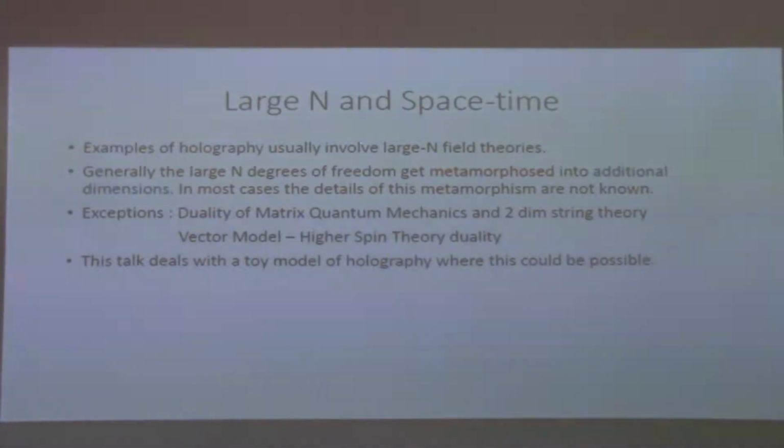There are some exceptions, and notable exceptions are the duality of matrix quantum mechanics and two-dimensional string theory. It's a very old subject, perhaps one of the earliest examples of this kind of duality. And a little more recently, vector models, which are much closer to the kind of things I'll be talking about in the SYK